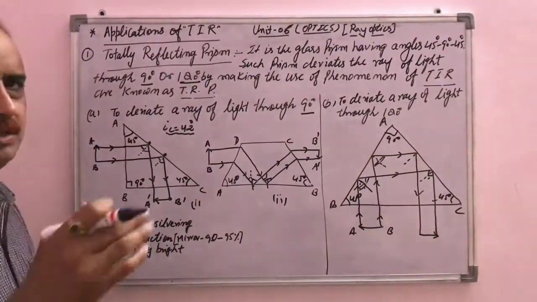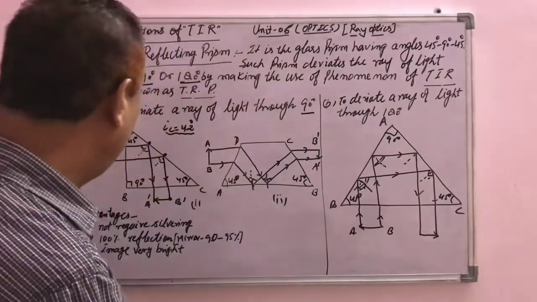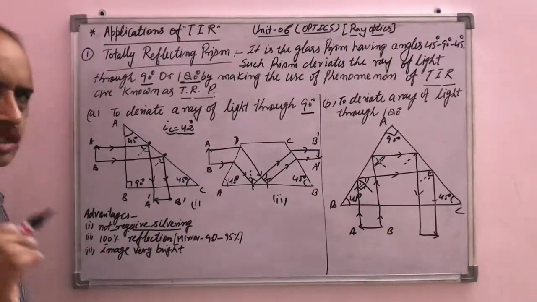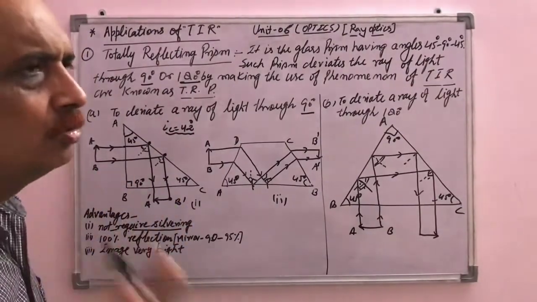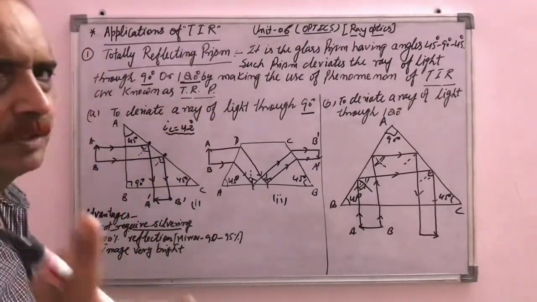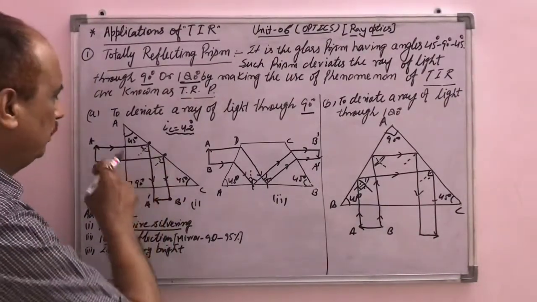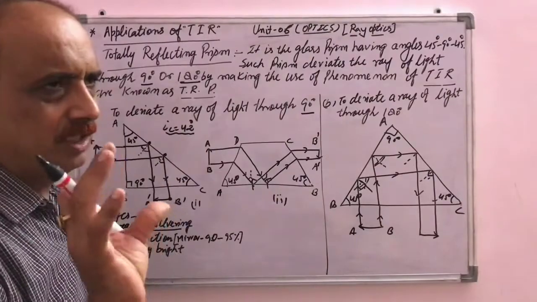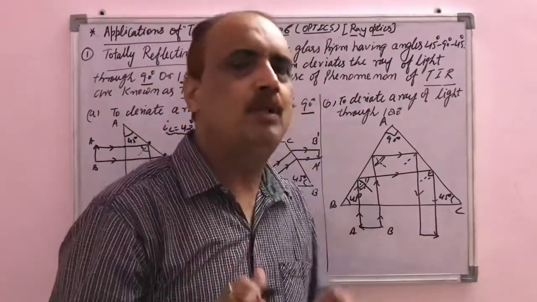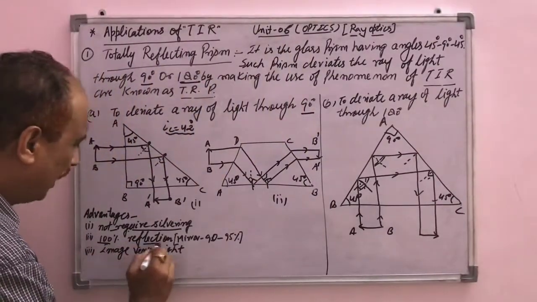In the mirror we know that there is a polish on the back face of the mirror, but here there is no silvering polish, meaning silvering polish is not required in the totally reflecting prism. So there is one advantage in comparison to the mirror. And second, when the ray is deviated in that prism, the intensity of the light will not be absorbed by silvering polish as in a mirror. Therefore 100% reflection is there.